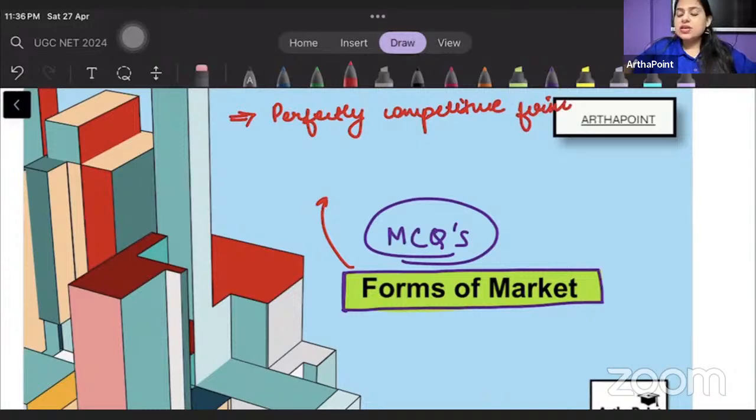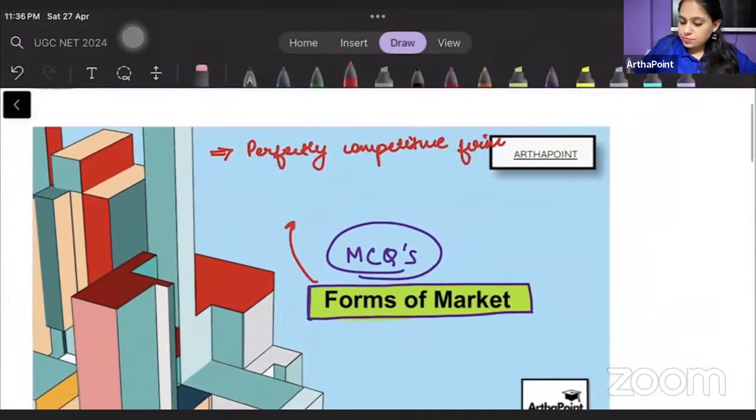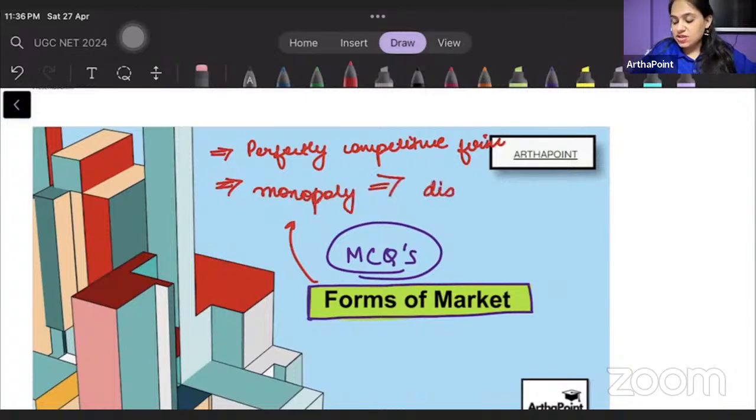You will be seeing questions that can be asked on monopoly. In monopoly, different discriminations can be asked, price discriminations. Right, beta? Then there will be numericals on oligopoly,